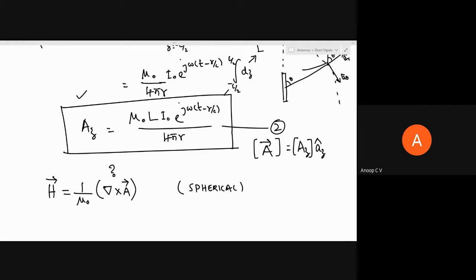Maybe I would like to ask a question. On a scale of 1 to 10, what do you think is the difficulty level of this particular topic? Everyone, I need everyone to respond, please. So far I have discussed a short conductor which will radiate. We need to find the electric and magnetic field at some distance r. We found V, we found E. Now I'm going to find the vector magnetic potential and find H. On a scale of 1 to 10, what is the difficulty level of this topic? Please do type in.